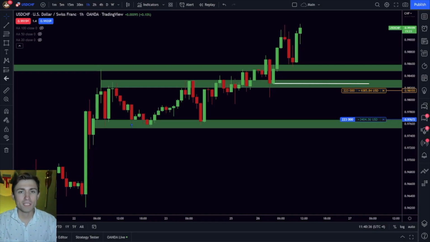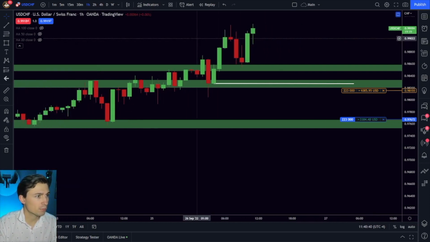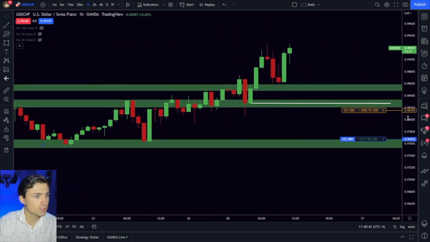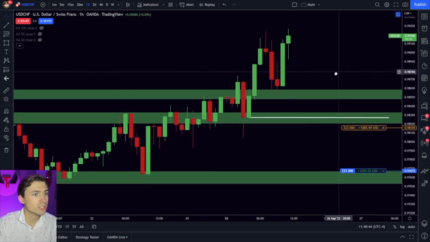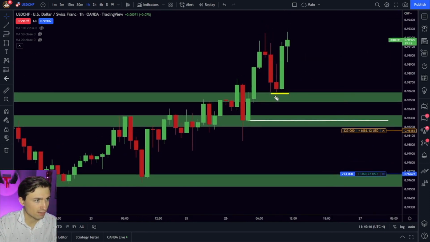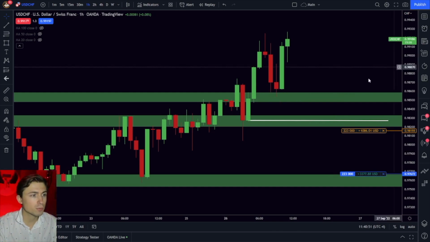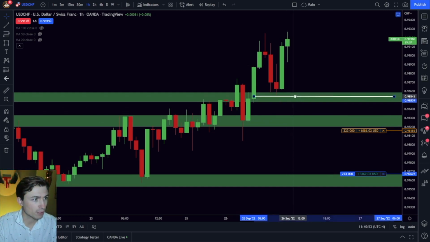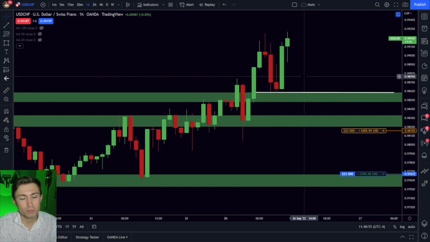Okay guys, another update on Dollar Swiss. Trades still running so hot here. You can actually see that price did come back down, and officially we have a pretty good rejection off of this level here. And now it is time to go ahead and roll stops further into profit. My favorite thing to do and my favorite thing to say as we continue to follow this trade behind market